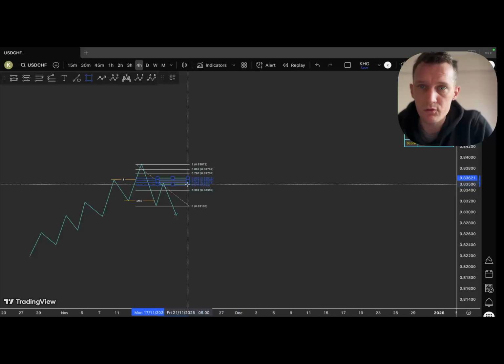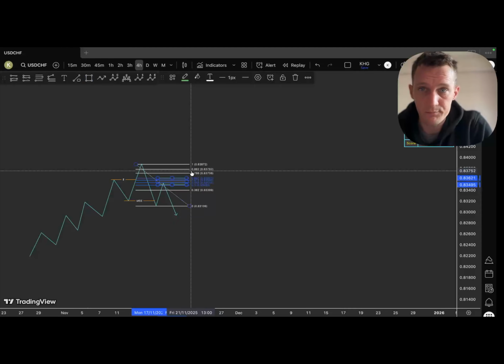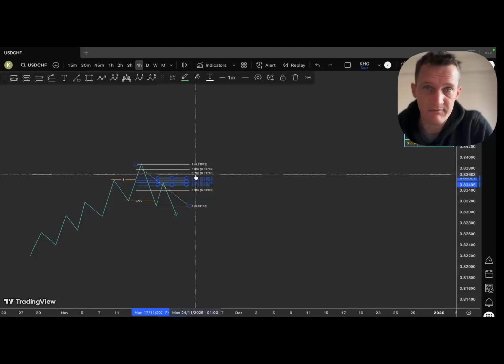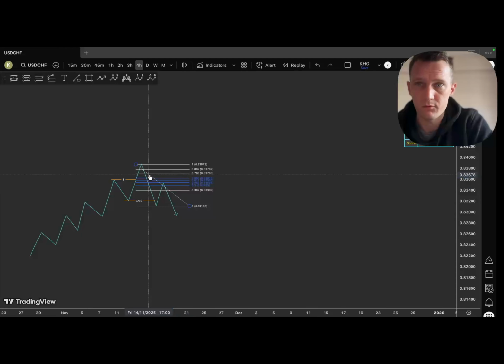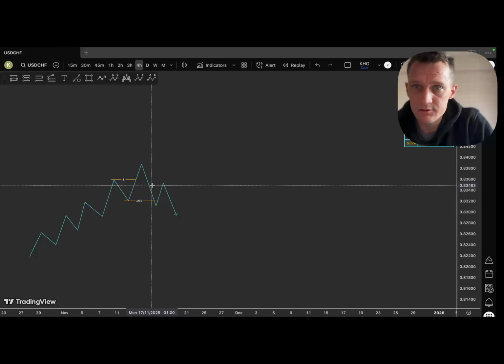It could do the Quasimodo pattern and go up to the 0.786 or the 0.882, but it will go back down. Those just happen a little bit less. This is your trading B zone